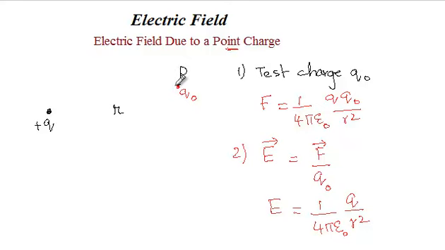The direction of the electric field is going to be along the line joining these two charges, and since this charge is positive, the electric field will be outwards, with its tail lying at Q, and the direction along the line joining the two charges but away from the positive charge. Had this charge been negative, then the electric field at a point, say over here, would be again along the line joining these two charges, but the field would be inwards.